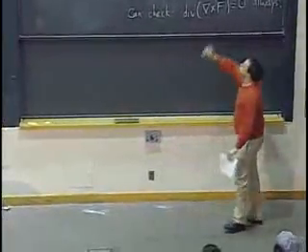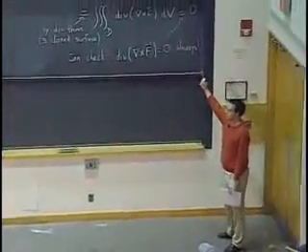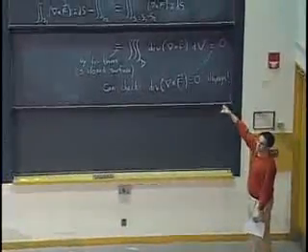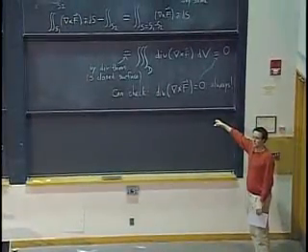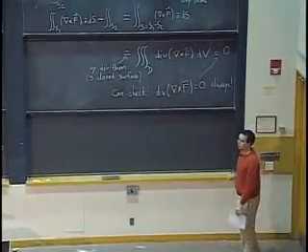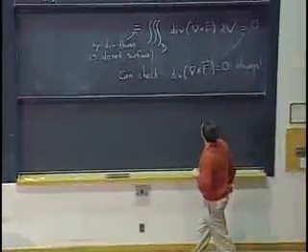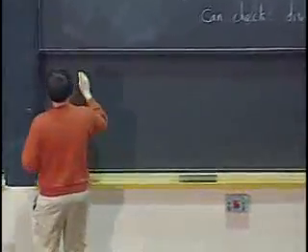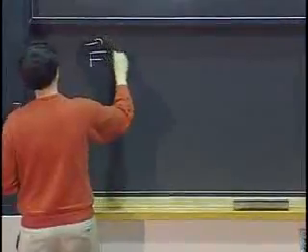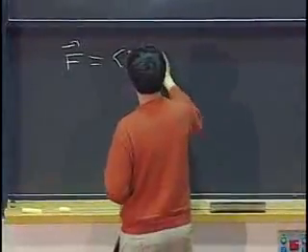In case you're wondering why I'm doing all this, well, first, I think it's kind of interesting, and second, it reminds you of the statement of all these theorems and all these definitions. So in a way, we're already reviewing. Okay? So let's see. If my vector field has components P, Q, and R,